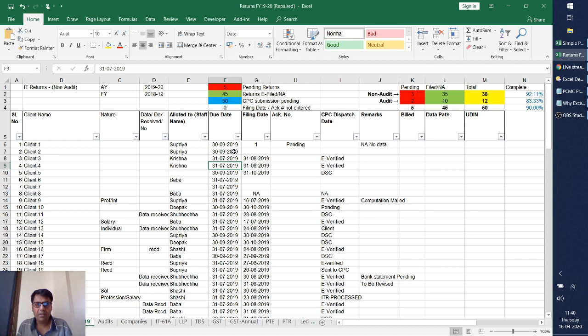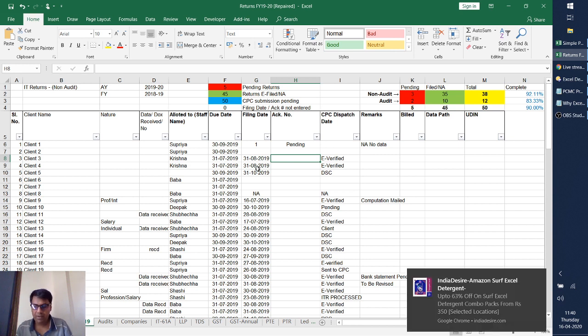If the return is filed, there is the date of filing; again, based on this value, it gets counted as return filed or not filed. So if there is a date there, it is treated as return filed. We mention the acknowledgement number here, copied from the acknowledgement PDF file. And then we have